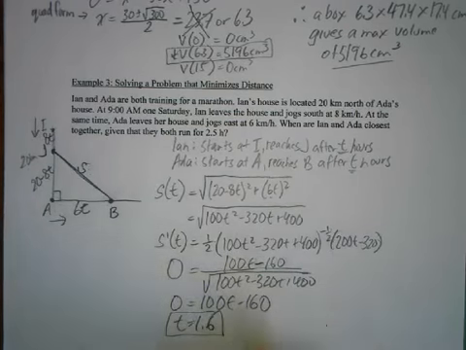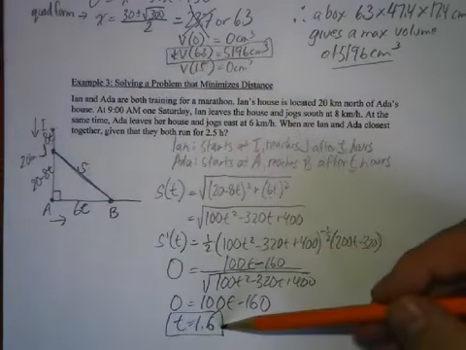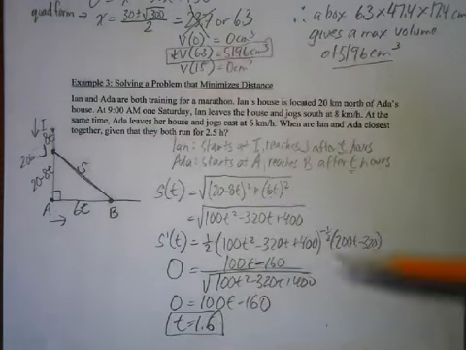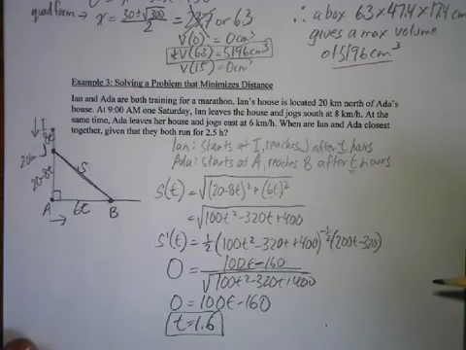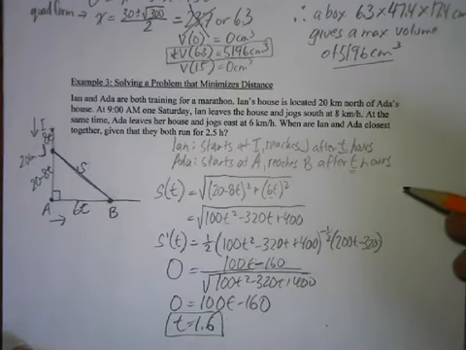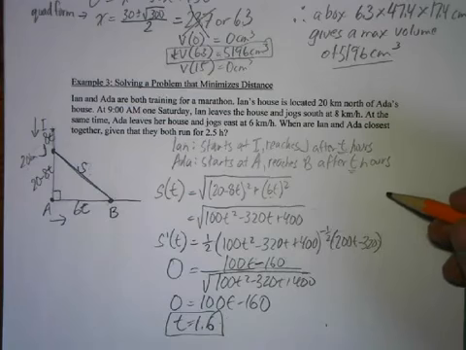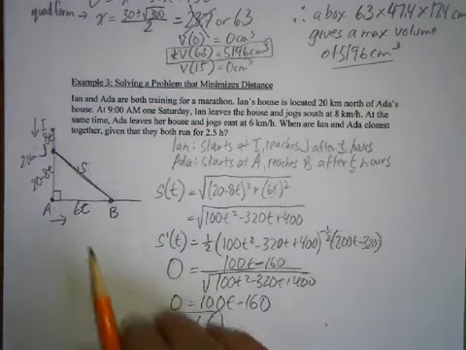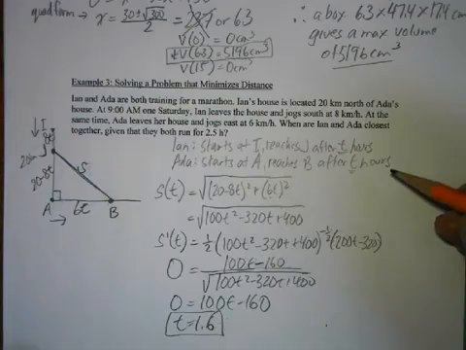Only one critical point. And in all likelihood, that's probably going to be the time they ran. That's probably going to be the time that gives the closest distance, but we still have to look at restrictions on the variable t, the domain of t. So for the 6t, if I'm looking at the sides, let's look at all three sides.